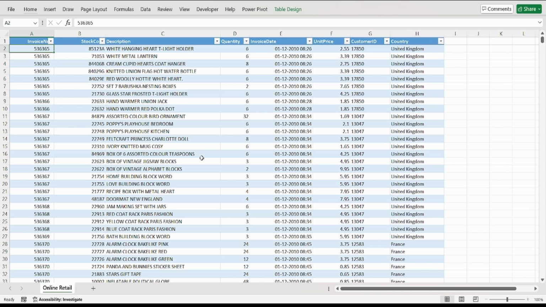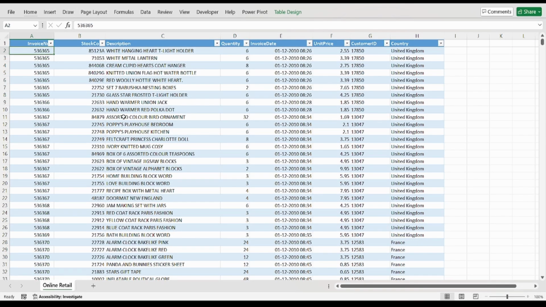Let's take a closer look at the data. This file contains almost 552,000 rows and 8 columns. Before starting with Power BI or any other visualization tool, always study your data first. Understanding your data is critical because 60-70% of your insight comes from data analysis itself. Look at the flow of data from higher level to lower level, study the granularity and examine the level of detail. Once you have thoroughly analyzed the data, it becomes much easier to build a dashboard. The remaining 30-40% of the work involves visualization and driving insights.